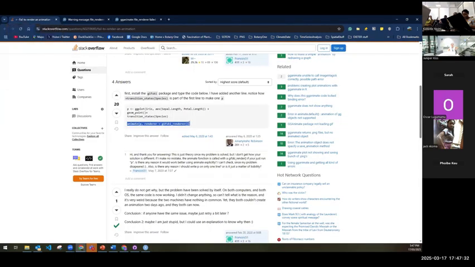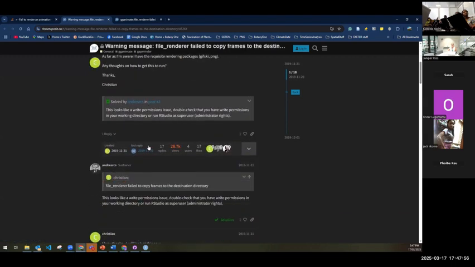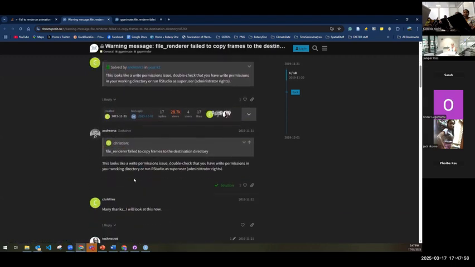but I don't think that was the thing. But this gifski renderer seems to be what other people have also recommended. It's coming from another package again. What we can try, but beforehand, again, this is Posit community. So RStudio is actually called Posit. It was a whole rebranding thing. And again, you can see that people share,